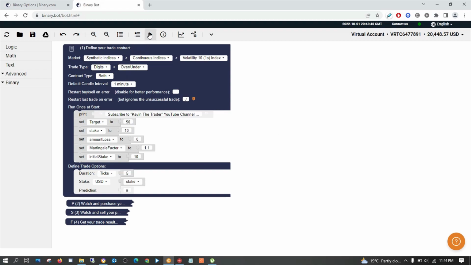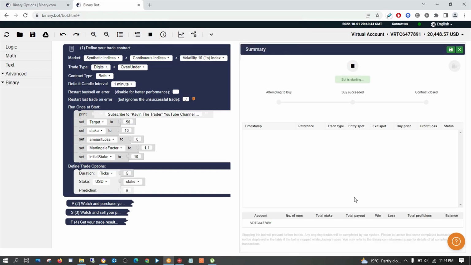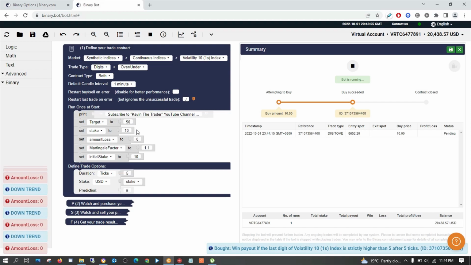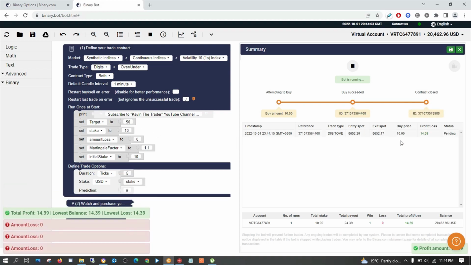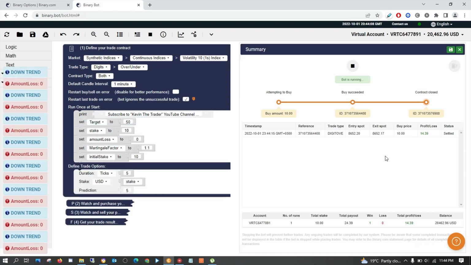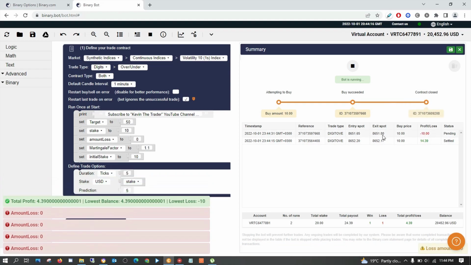Okay, so when I run the bot here, now it will do the strategy that we have set. Okay, so you see you reach your destination faster. So we only want a bot that will reach our destination faster, like this one. Now this one, you see, it has 5 ticks,